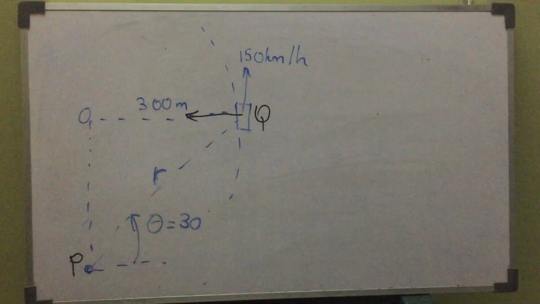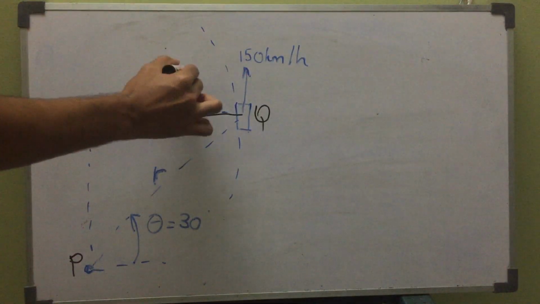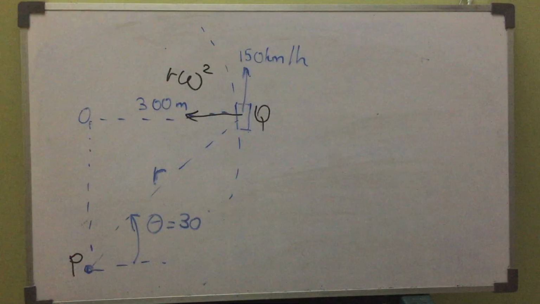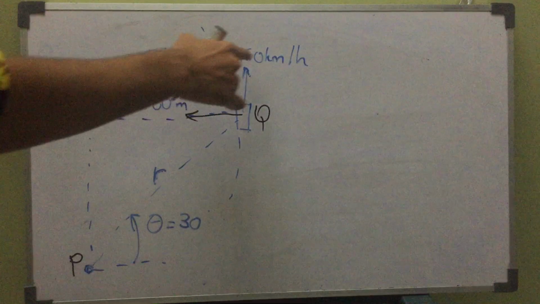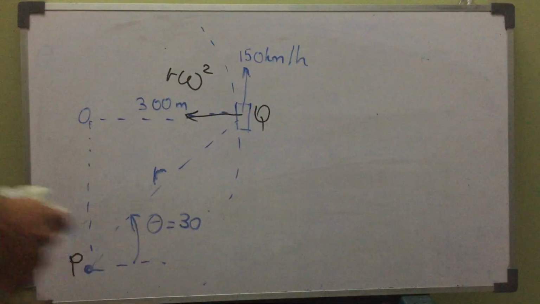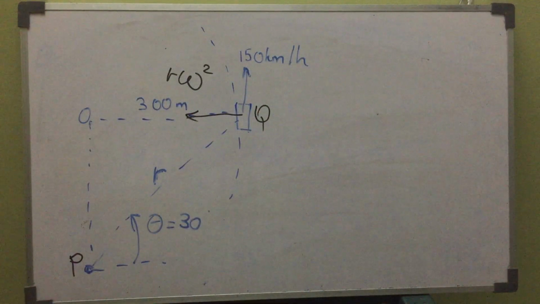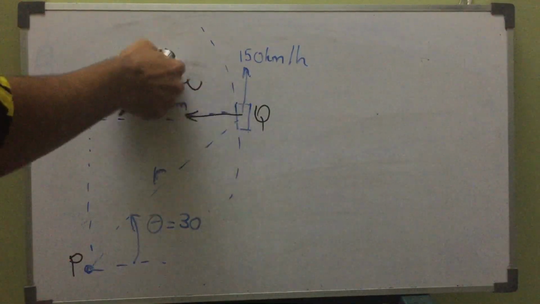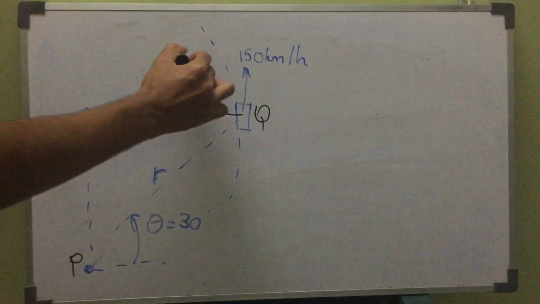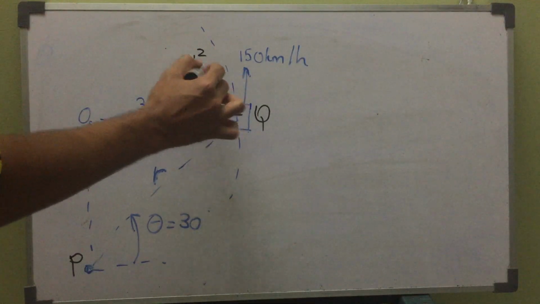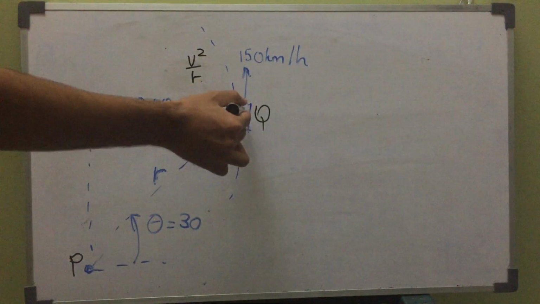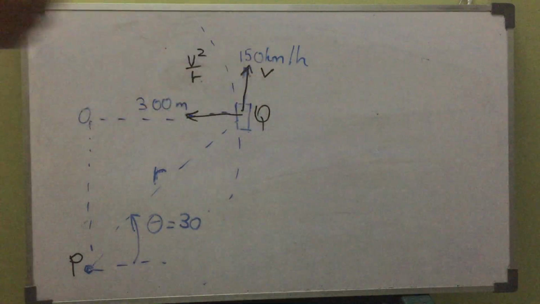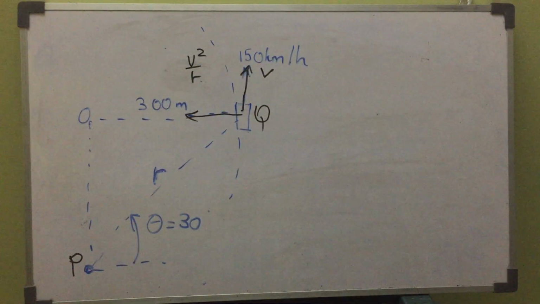It would be equal to r omega squared, or in other terms we can say v squared over r, because we have the velocity. I am going to change it to v squared over r, so it's not a big deal. So it's a simple rotational motion, and in this direction we know the value of velocity, but keep